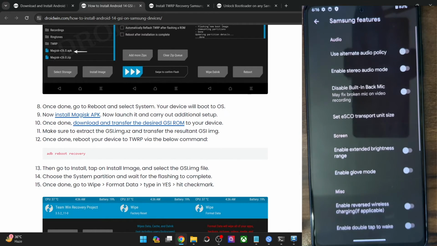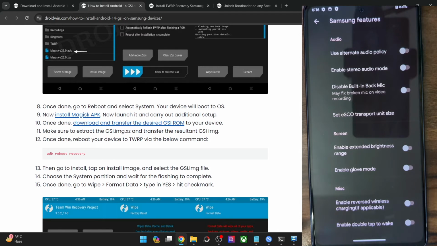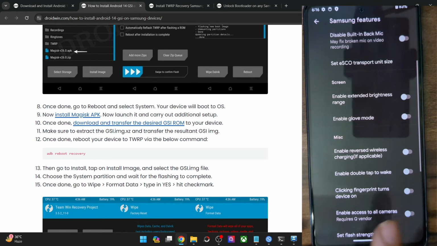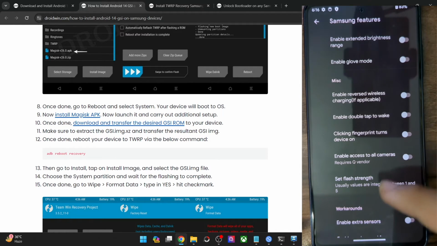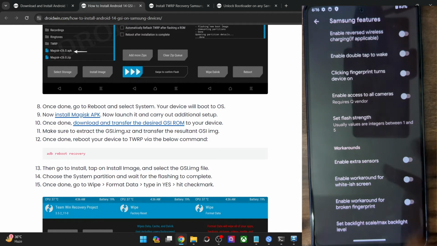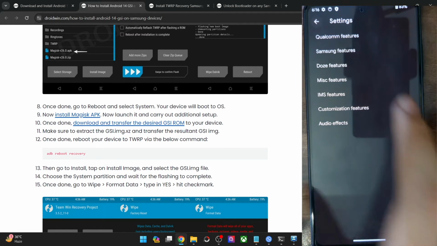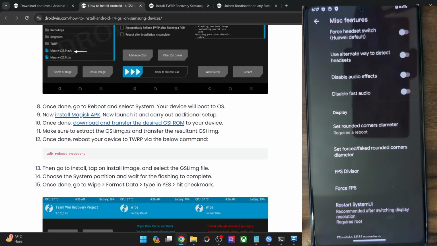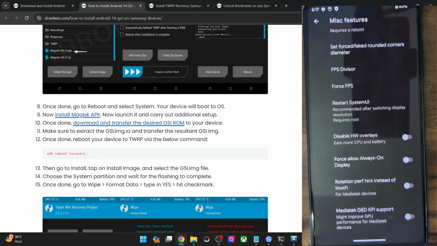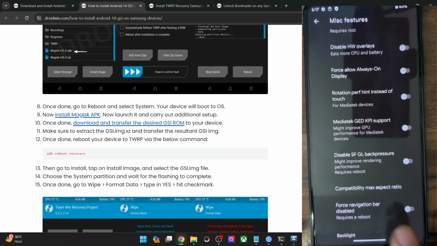There are quite a lot of OEM specific Samsung features with regard to the audio and screen policy and a few miscellaneous tweaks. Do note that these miscellaneous tweaks are somewhat advanced in level, so only enable them if you know what you are doing. Then there are a few miscellaneous tweaks as well. Again, these tweaks are also advanced level tweaks, and if something goes wrong, then you might have to restart your phone to rectify the issue.